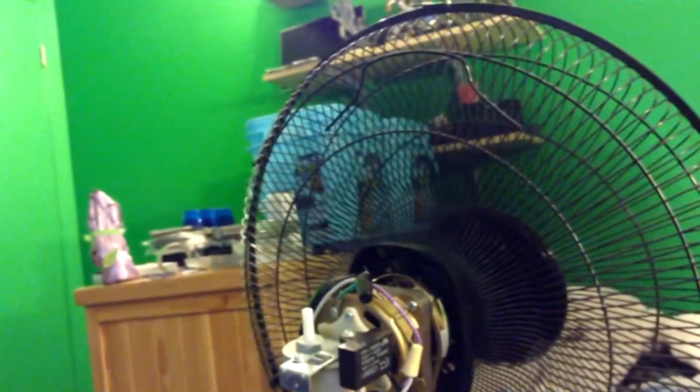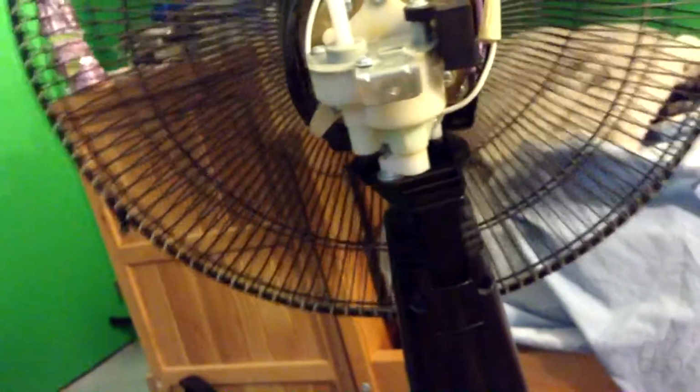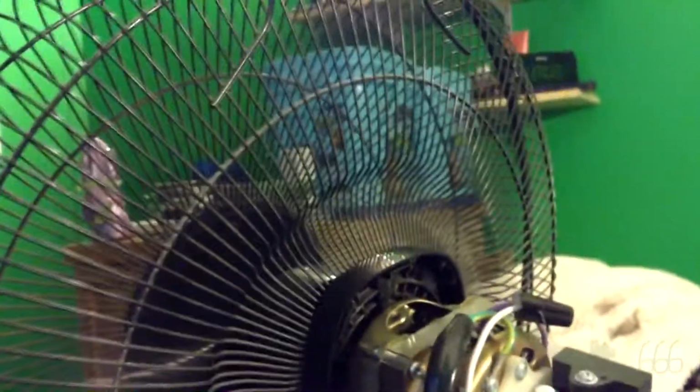You can also see there's a nick taken out of that wire. I'm not sure when that happened. Clearly it happened at some point, and it's going to need to be dealt with. I don't know if I should replace that wire too, or if I should just see if I can get a new capacitor and just wire in a new capacitor. I might just buy a new capacitor anyway and wire it in,